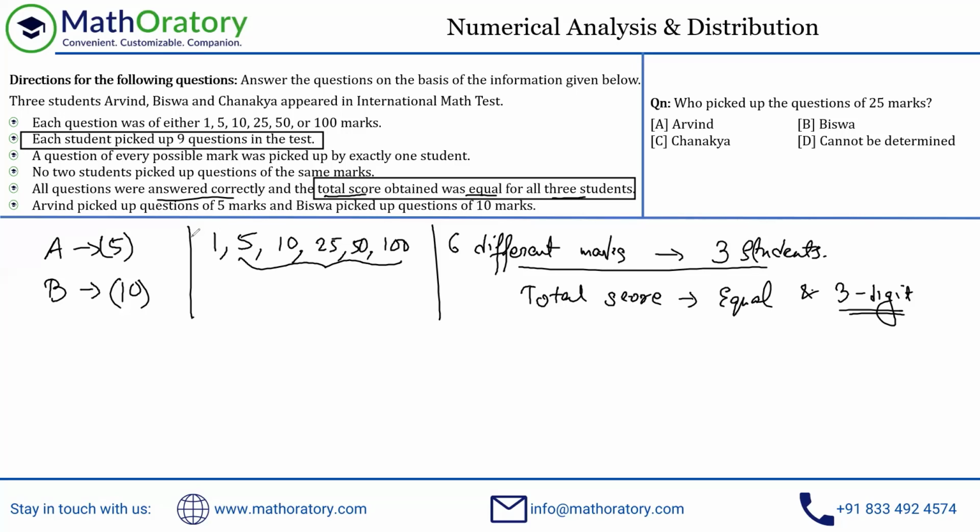Whoever picks up a 1-mark question, apart from that, the other 2 people, whatever mark questions they pick up, their total score has to be a multiple of 5, because that will be coming from some combination of these numbers, right? So using this also, we should get a multiple of 5. So whoever picks up the 1-mark question, that person has to pick 5 questions of 1 mark. This is for sure. This has to happen. So this is a 1-mark question, 5 questions.